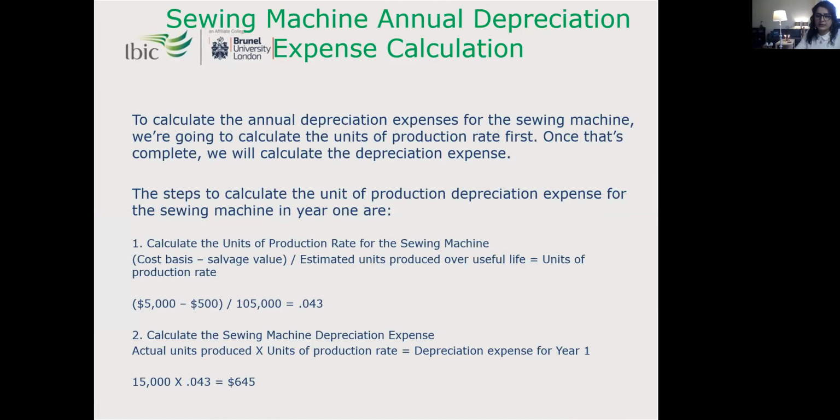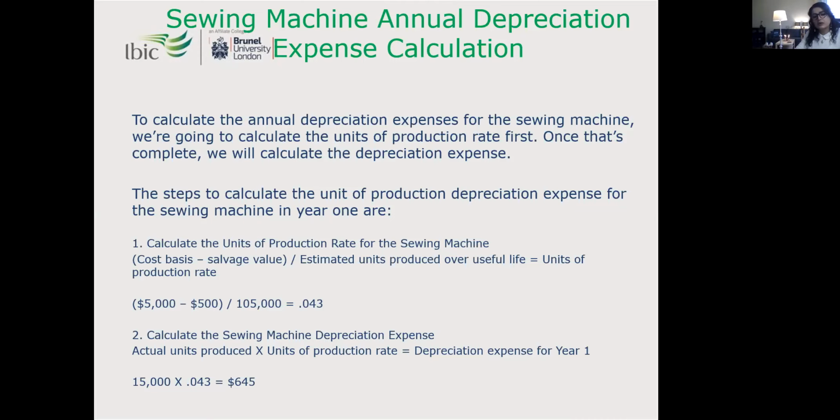So let's look at the answer. To calculate the unit of production rate for the sewing machine, you need the cost basis, salvage value, over estimated units produced over useful life, which gives the unit of production rate. So it's the base cost subtracted by the salvage, over the estimated units produced over useful life, which is this number, and we're going to have the unit of production rate,